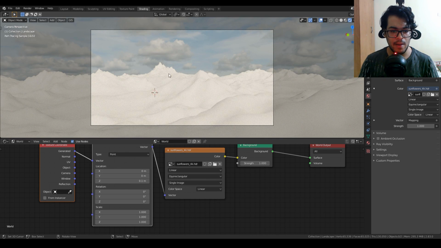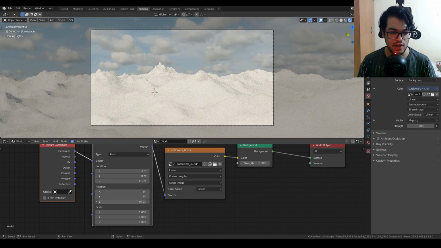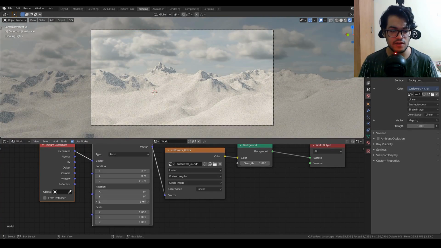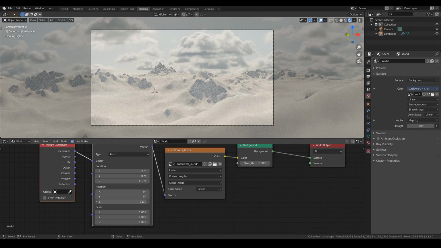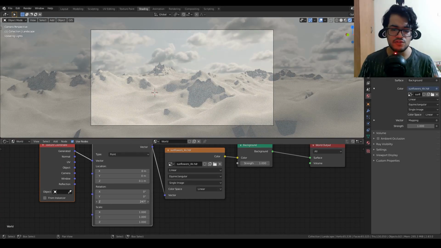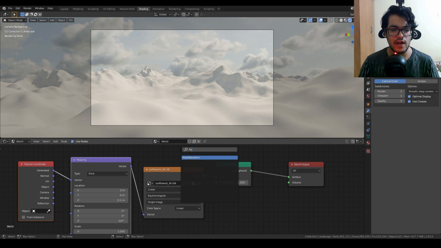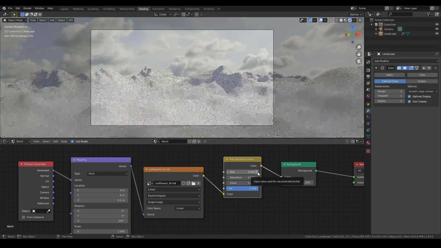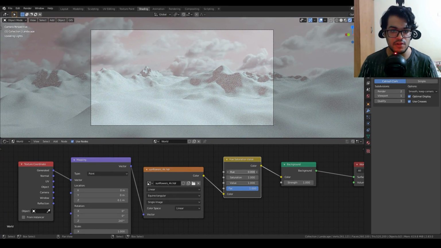Now that we have our mapping node, we'll just go to the mapping node settings and we'll change some settings. So basically you can position your skybox, you can rotate it and you can scale it. So I'm just going to rotate it on the Z axis until I get some nice lighting and nice shadows. Now this is completely up to you, but you can also add a hue and saturation node that will let you change the hue of your background. Okay, so now I'm satisfied with the background.